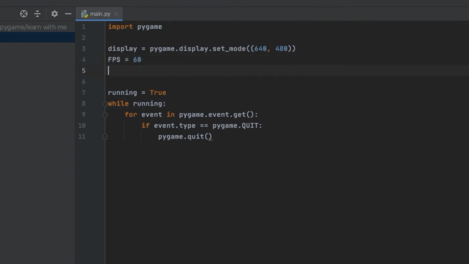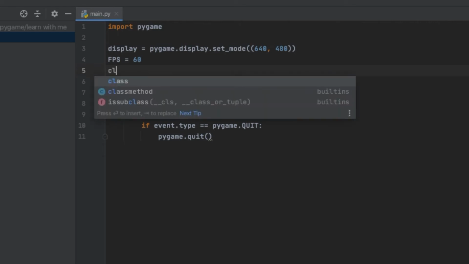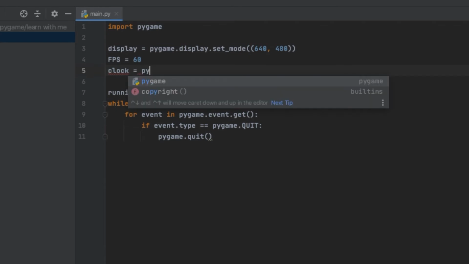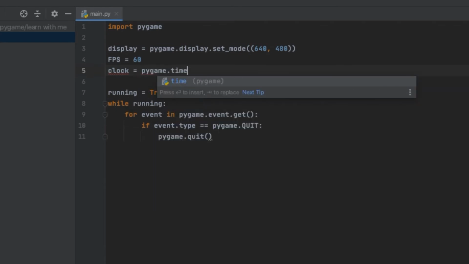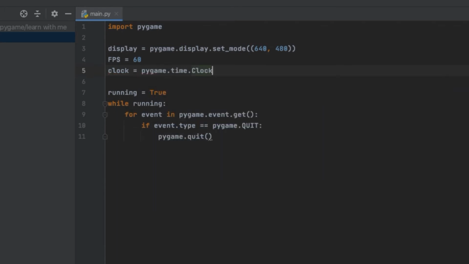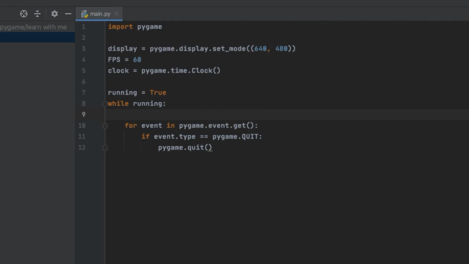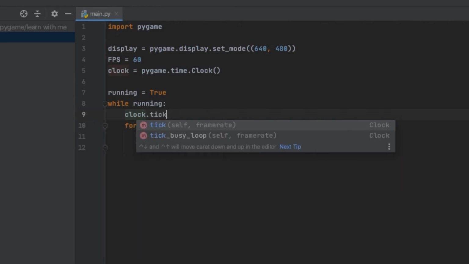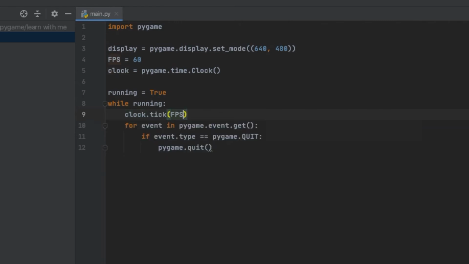There's another object in the Pygame library called the clock, right? So we can create a new variable clock, and set it equal to pygame.time.Clock with a capital C, because it is an object. And then we go at the top of this loop and say clock.tick, and pass in that FPS value. So now every single time that we run this,